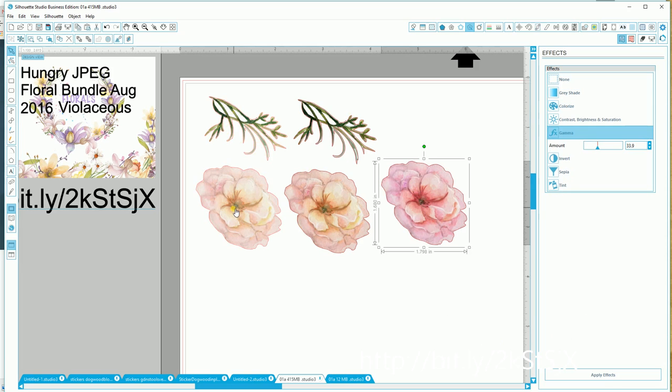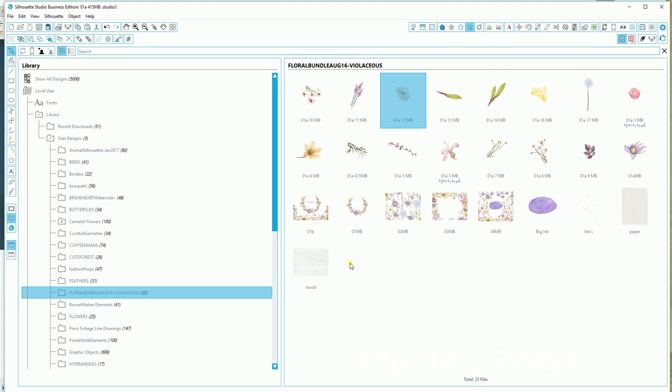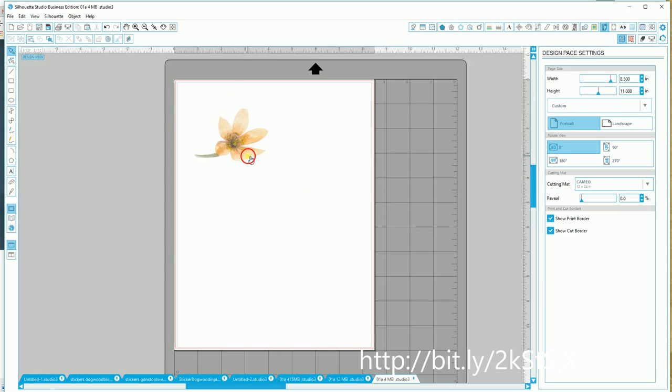It's actually one branch and one flower, but I've made all of these separate elements out of that. So I'll go back over here and let's see, pick something like this. We're going to do this. Comes out on a separate sheet. What I'm going to do is cut it and go back to the same